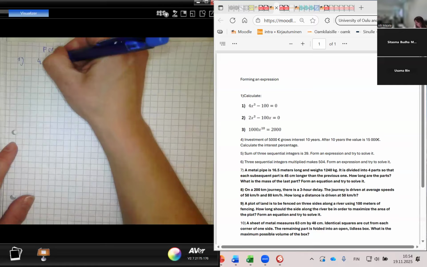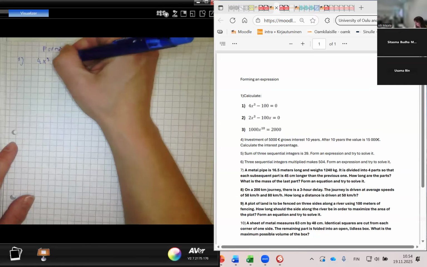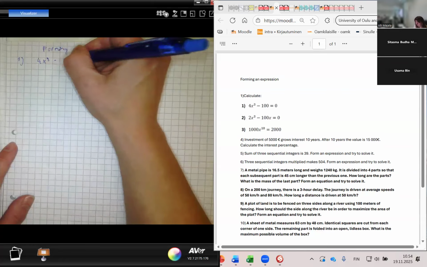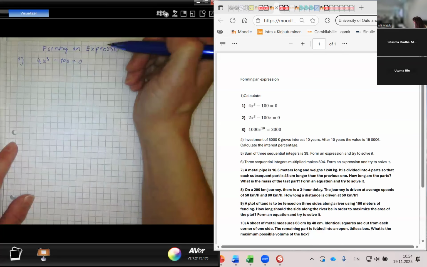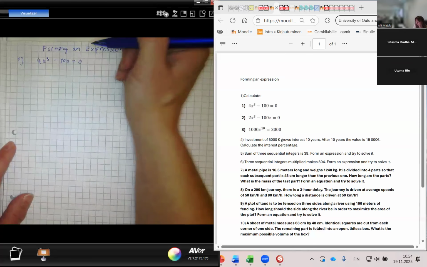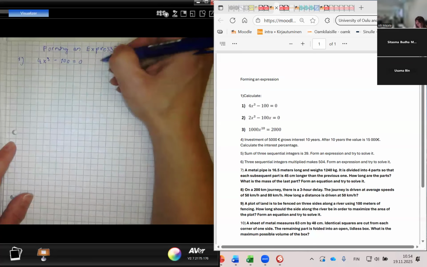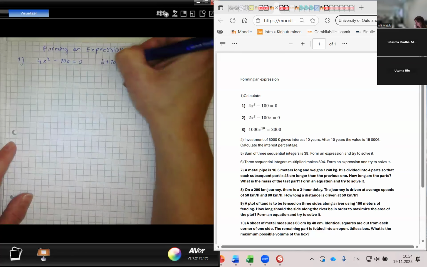So obviously here you don't have to form any kinds of expressions or equations. You can just solve this. And it's of course pretty simple. You just